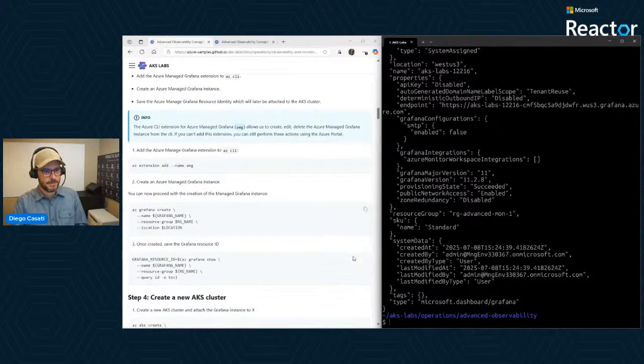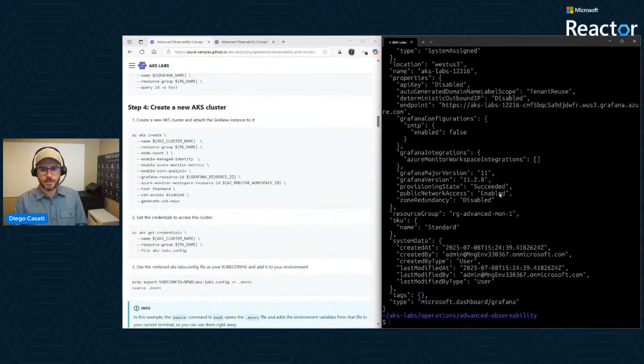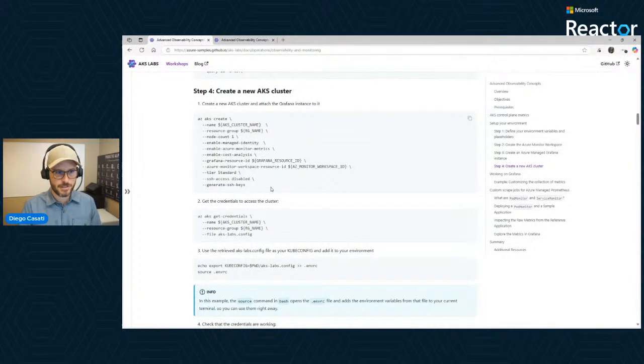Okay, it is created now. So at this point, we have an Azure Monitor workspace created. We have a Grafana instance created, and now we're ready to create our AKS cluster. I'm just going to put this full screen here for a second. As we create this cluster, you can see that I only have a few knobs, and you can probably move one of them, but not every one. The node count here, I just have one node.